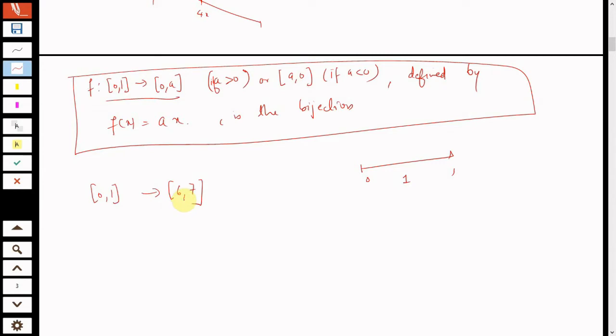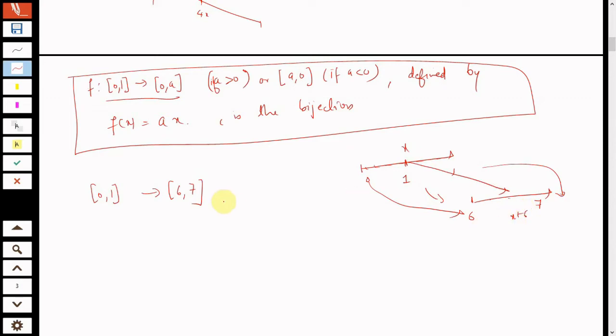By the way, we want to map in such a way that every point in the codomain has a pre-image, and every point in the domain has a distinct image. So that's the whole idea. Whatever point you have over here, you translate it by 6. Instead of moving it from 0 to 1, you move it from 6 to 7. You translate 0 by 6, so 0 goes to 0 plus 6, 1 goes to 1 plus 6, that is 7, and any number x will go to x plus 6. So this is how the mapping is defined.